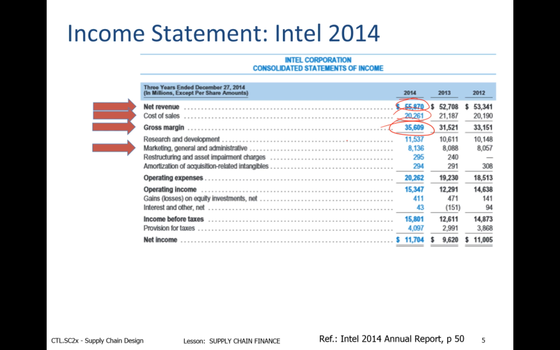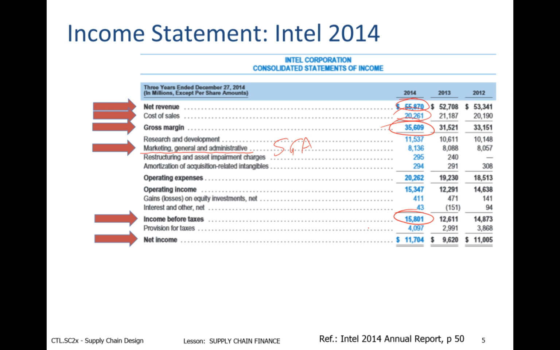Now, we see something else. There's a different kind of expense in here called marketing, general, and administrative. Sometimes you'll hear that as SG&A, or sales, general, and administrative costs. It's one of the different components of operating expenses. And then when you deduct all the operating expenses and all the other expenses, we get income before taxes. In Intel's case, in 2014, we see it was